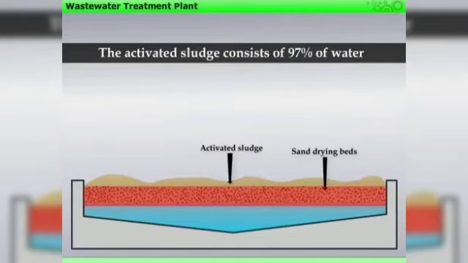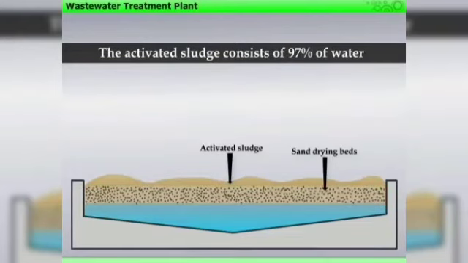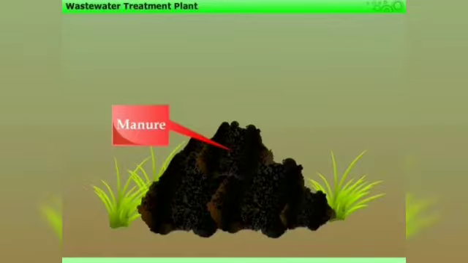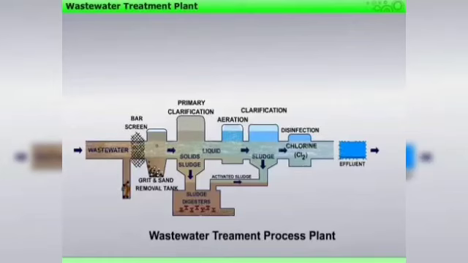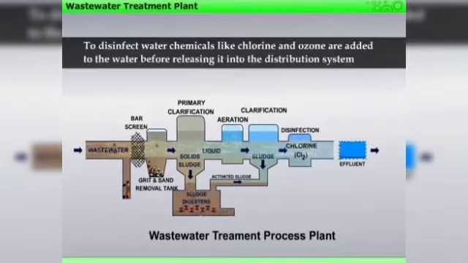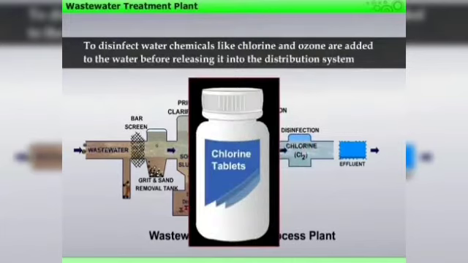It is decomposed by aerobic and anaerobic bacteria, and gas is released from there. That gas is collected from the tank and used for electricity and for fuel. Then at last, what happened? It goes to another tank. All the sand settles down.